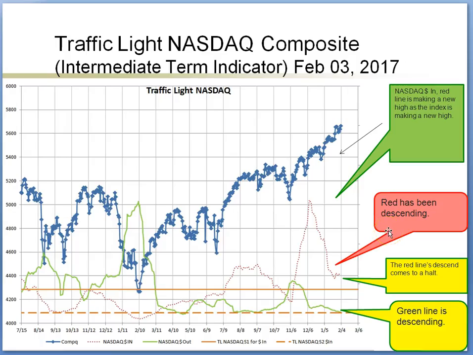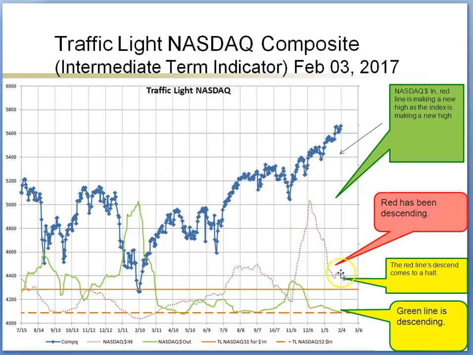Here are some bullish and bearish observations on traffic light Nasdaq. On the bullish side, the Nasdaq made a new high, so did the red line. Second, the red line comes to a halt. It starts turning, and there's one more point, the green line is ascending. On the bearish side, we notice that the red line has been ascending, and this particular trend has not changed